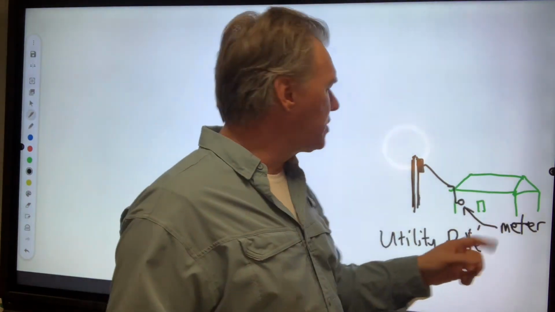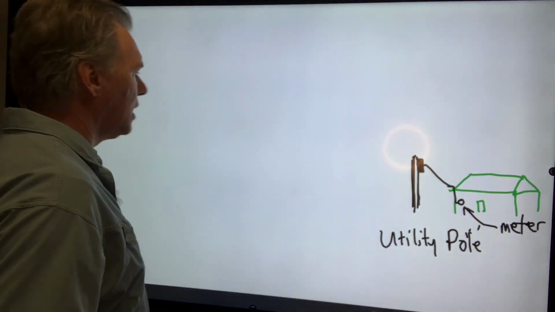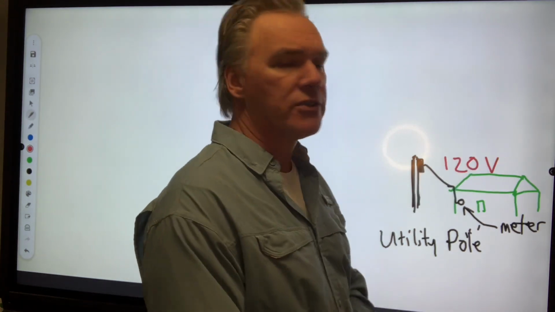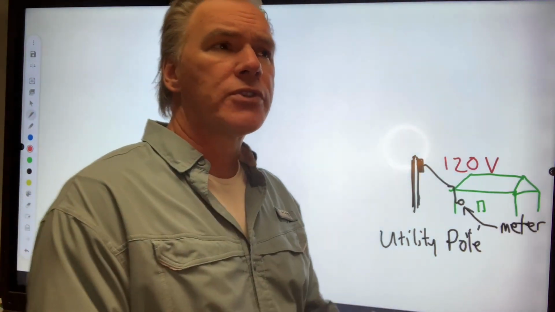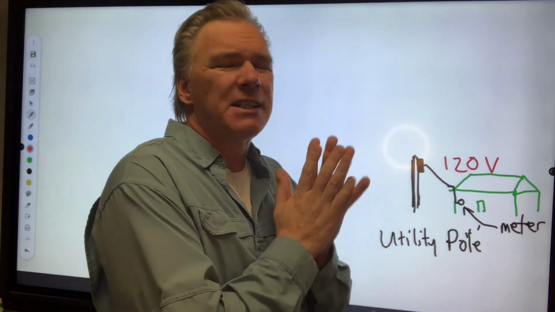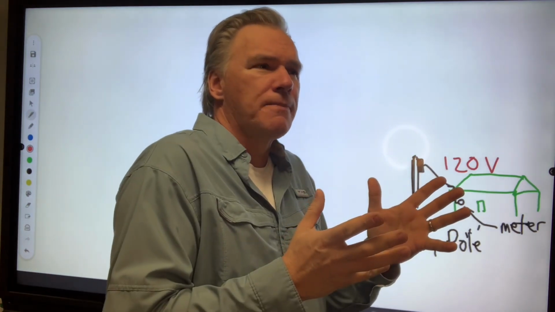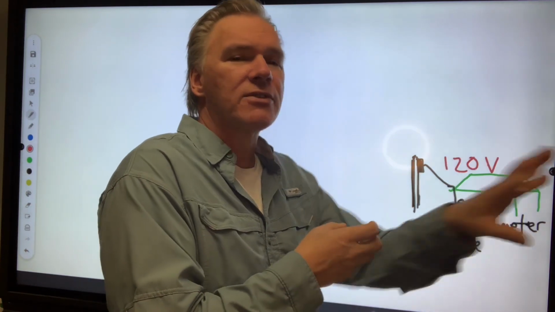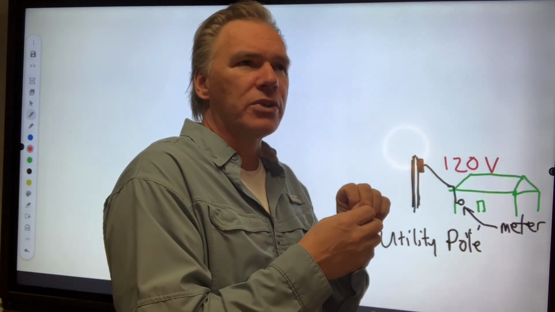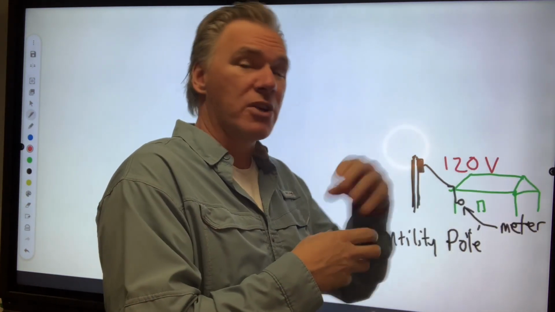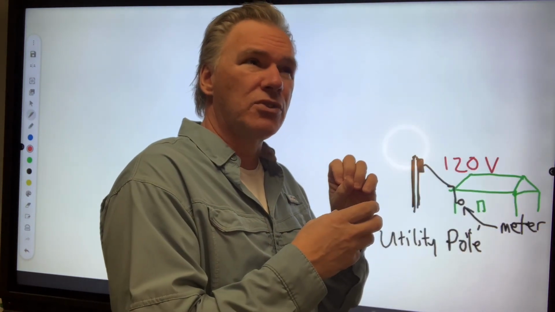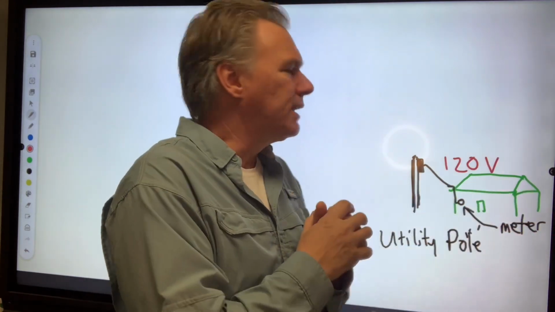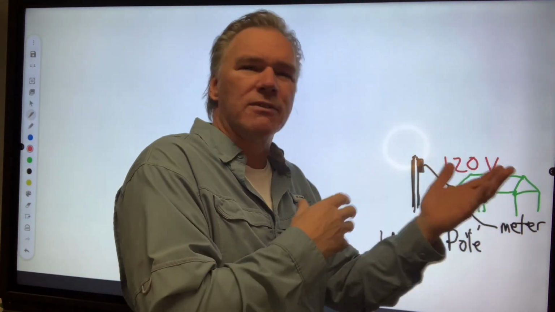The power that comes into your house is 120 volts. V is the symbol for volts. Voltage is a measure of kind of the electrical pressure. If you think of a water hose, you could have lots of water coming out, or you could have the water under high pressure. It could come out really hard, or it could come out with a lot of water. And that's pressure versus volume,